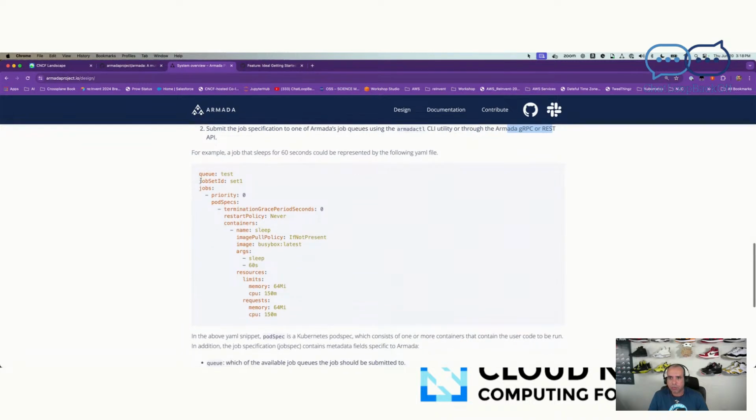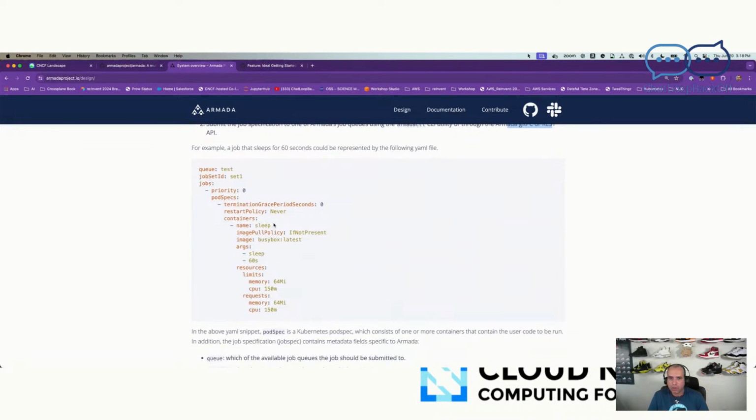So here's an example of a job. Maybe we'll install it and try to get this one running. An example of a job that sleeps 60 seconds could be represented by the following YAML file. I think this is the portion that you send to the CLI, and the CLI maybe decorates this and then sends it to the Armada server. So the information that you need from the user is that this job belongs to a queue, is part